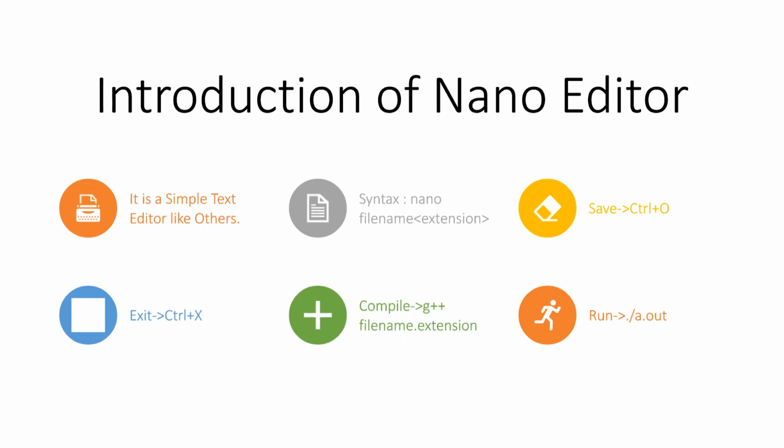For compiling, I already showed you: g++ file name with extension. I am using g++. It's a simple syntax. That is why my motto is not to make it very complicated, but to make it simple. So g++ file name dot extension. Then for running, dot slash a dot out. This is a forward slash: dot forward slash a dot out. For whatever compilation file is generated, to run that file you have to use dot slash a dot out.